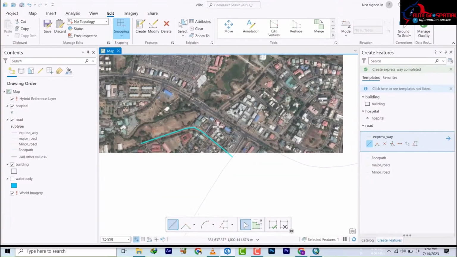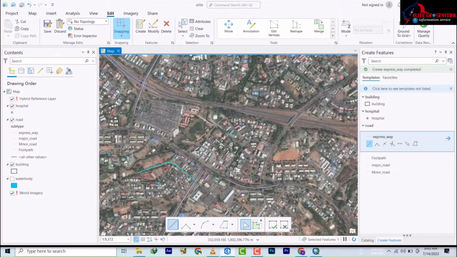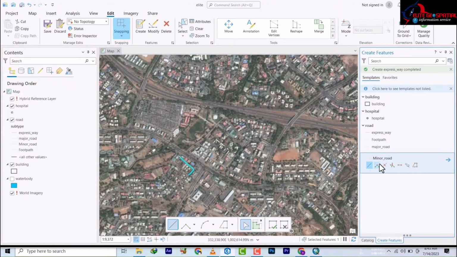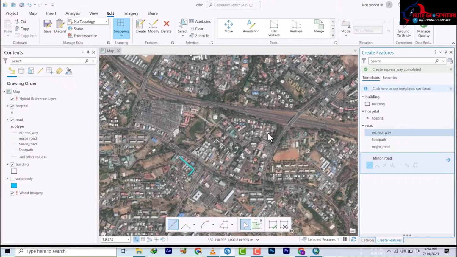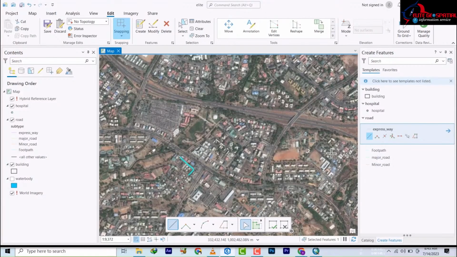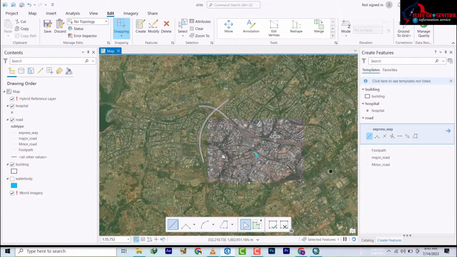Okay, so now, I've just joined all of them together, just trying to demonstrate. Now when you want to digitize other parts of the road, you just pick from here. Anyone you pick will allow you to digitize. I only made a mistake and put everything inside expressway because I was just trying to illustrate how you can digitize at the same time,